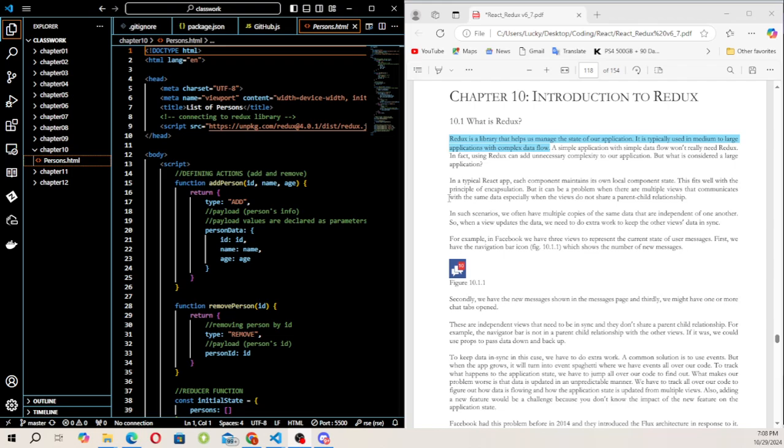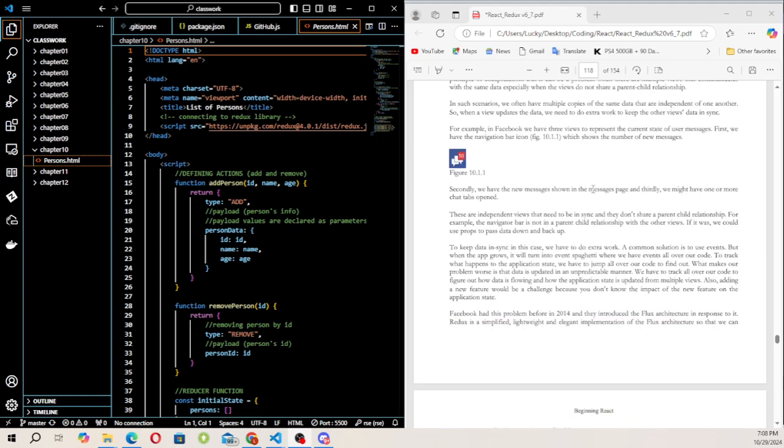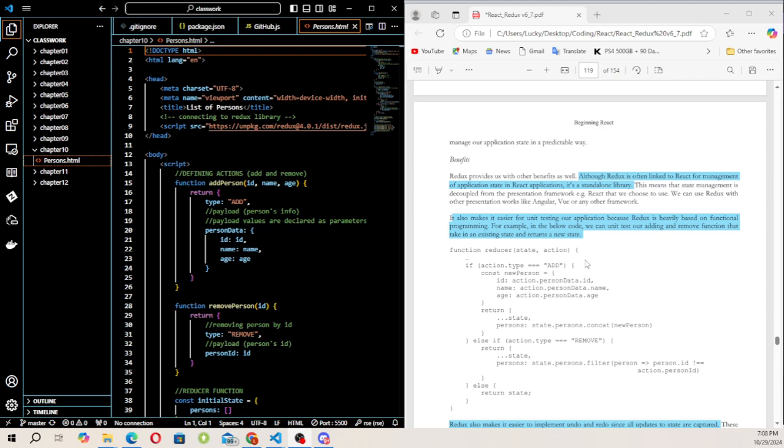Now we are into chapter 10, which is an introduction to Redux. Redux is a library that helps us manage the state of our application. It is typically used in medium to large applications with complex data flow. So the benefits of Redux is that although it's often linked to React for management of application state in React